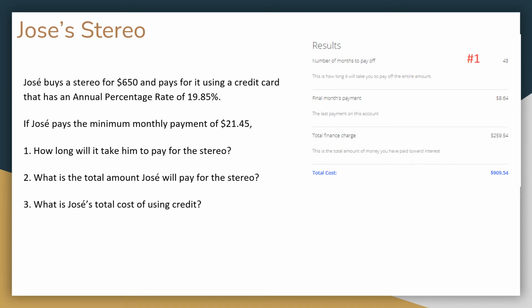It will take him 43 months to pay off the debt. The total cost for the stereo will end up being $909.54 for a stereo that originally cost $650. The total cost of using credit will end up being